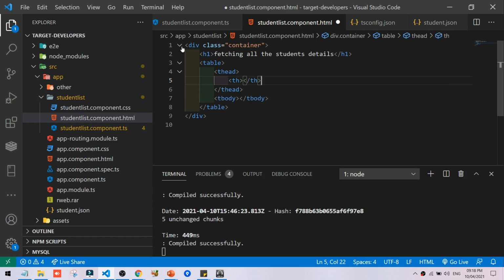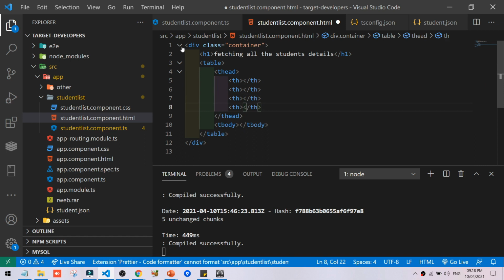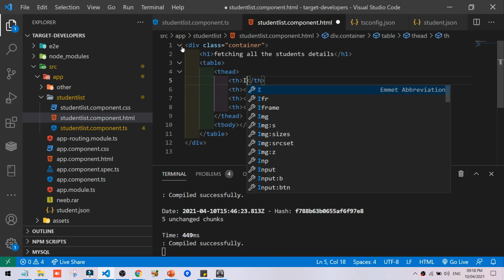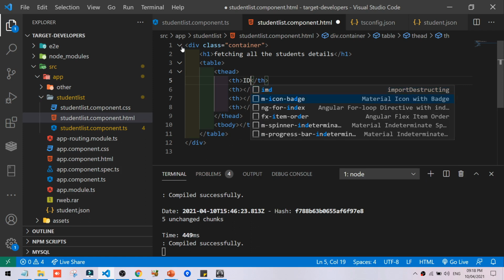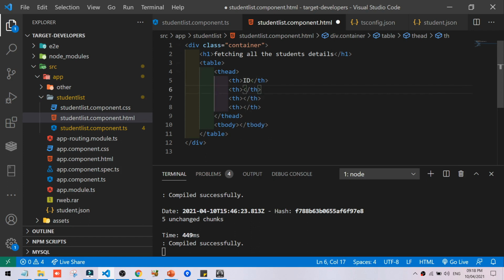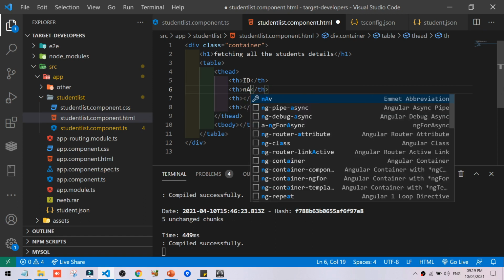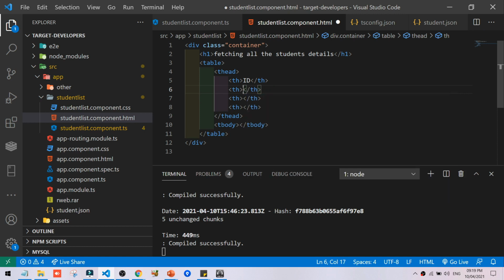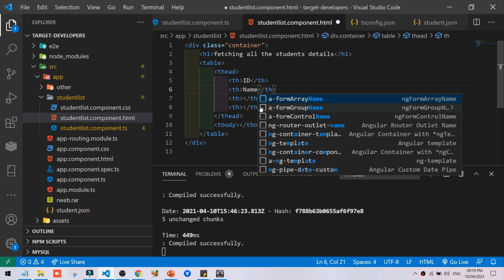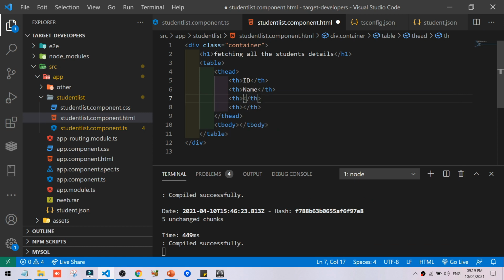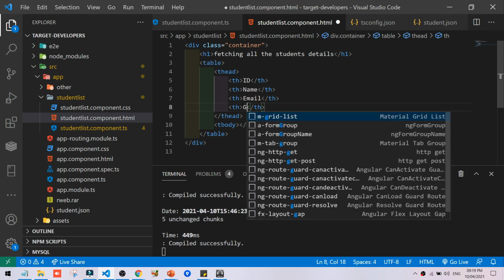We are giving four column names here. Copy this, hit enter, paste four times. In the first column, we want the ID of the student, ID. Second column, we want name, then email, then gender.